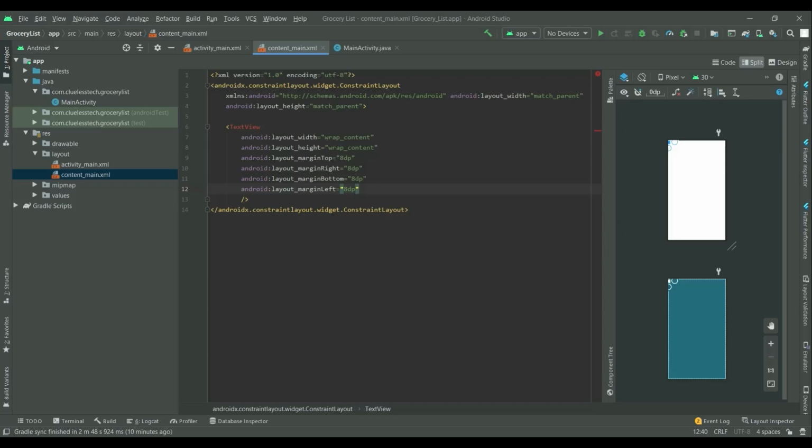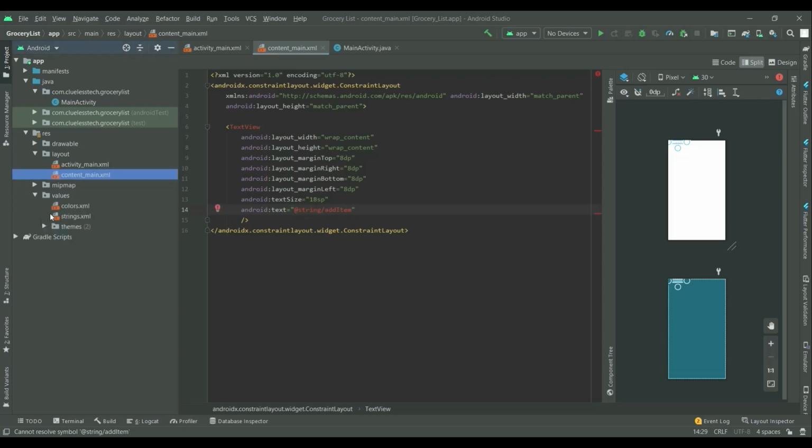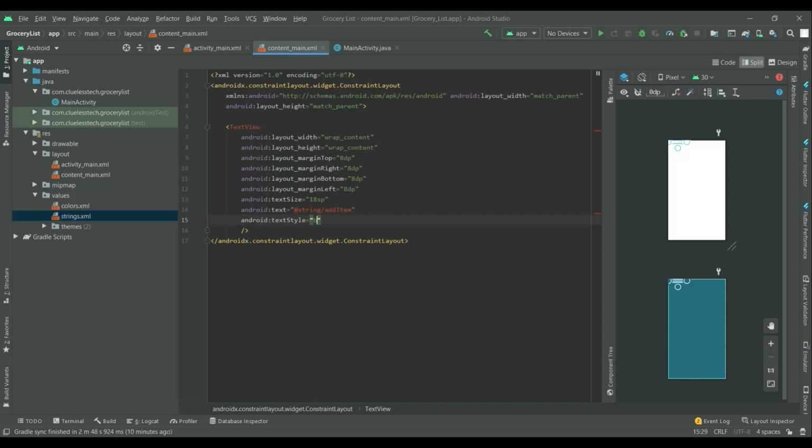Okay, so now add the text size of 18 sp. Add text of @string/add_item. @string is used to get the value from the string.xml file. Okay, we will add the string value later. So now add text style of bold